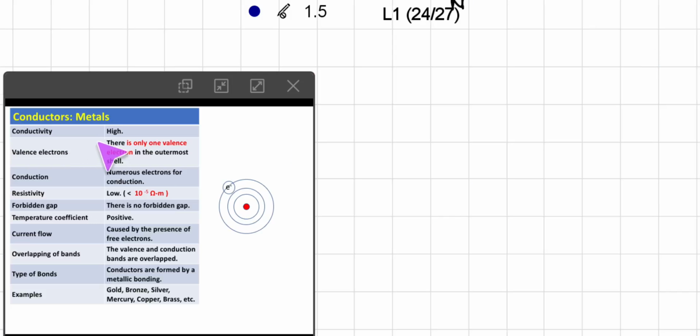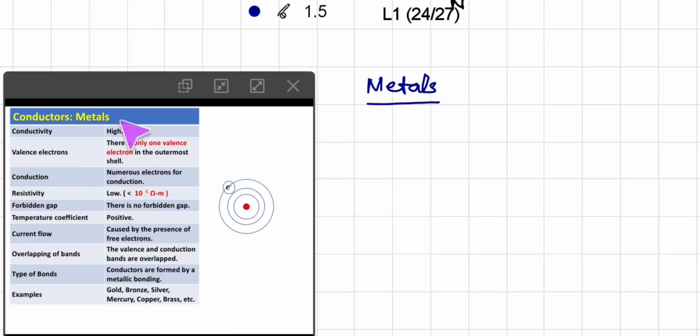See friends, there are various types of materials available in the universe as far as electrical conductivity is concerned. They are divided into groups: conductors, and basically metals are good conductors. So the first type of material is conductor, the second is insulator, and the third is semiconductor. We are going to see a brief understanding of what these are.